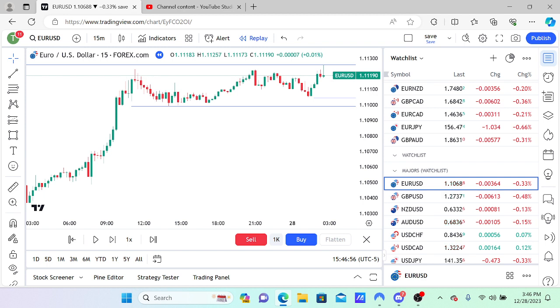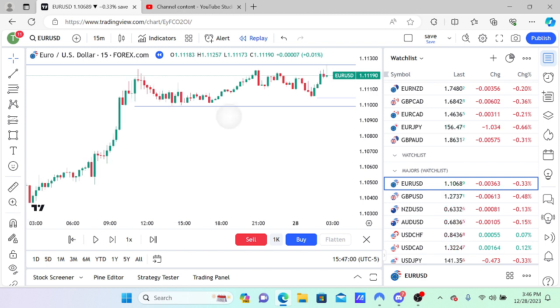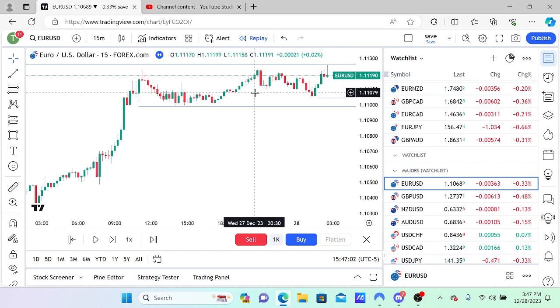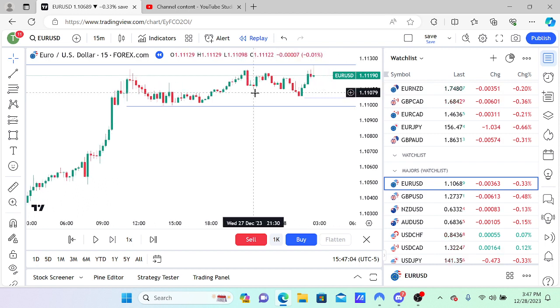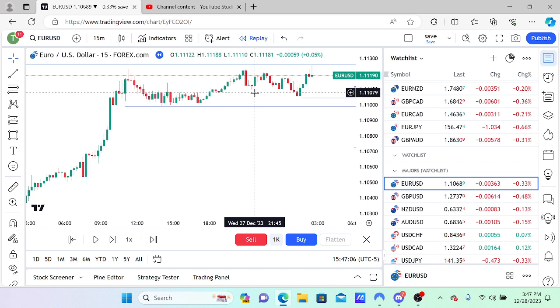That's a key liquidity pool right away. That's taken right after midnight. You take sell side. Now, we're operating within a bullish market structure, guys. We're operating within a bullish market structure, and we just had a liquidity sweep. So now that it's taken that liquidity while operating within a bullish market structure,